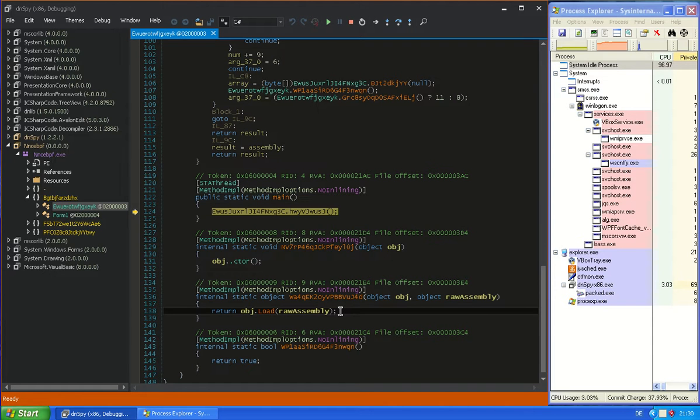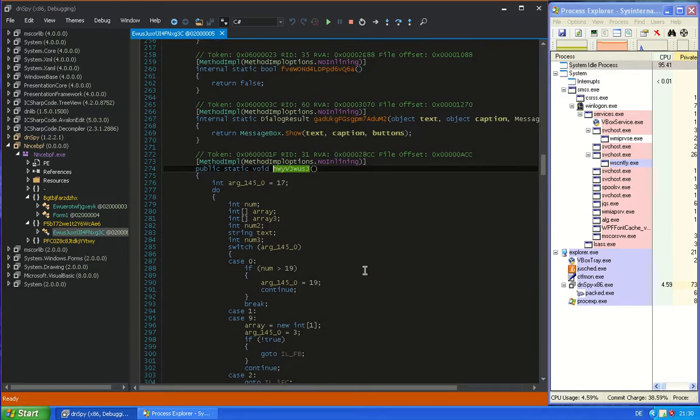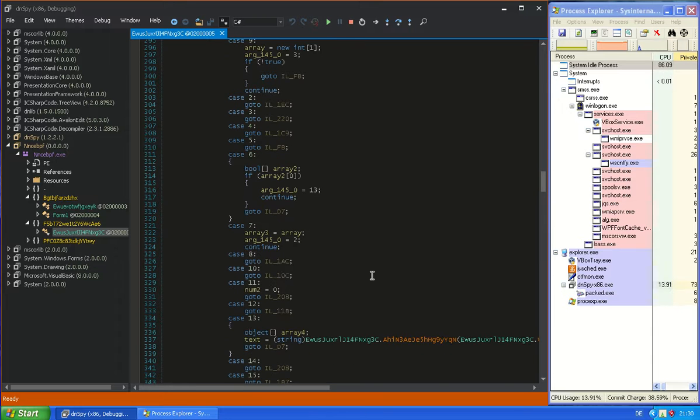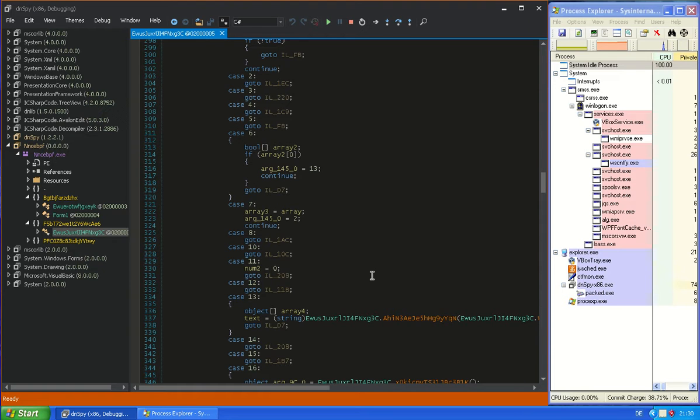And just below there is the call to load raw assembly. So someone provided here, and the type is object, but I guess it's a byte array, and it loads it into memory at this point. So this is a good candidate for a breakpoint. Let's also look here at what we find further, and wow, that's also obfuscated, because there are lots of gotos in this to other areas,